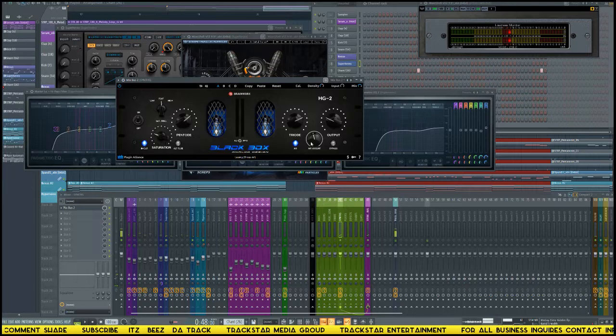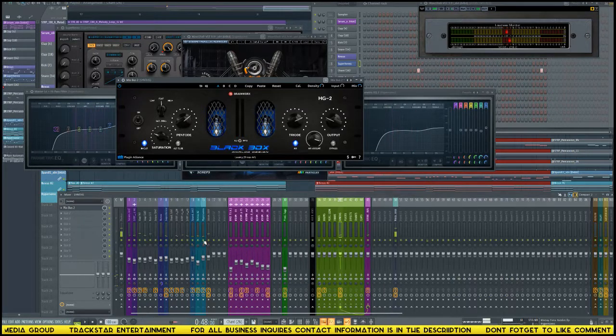Crank up the saturation, crank up the air. I can hear how it sounds darker without it, and then with it, it sounds brighter. So in the track now,